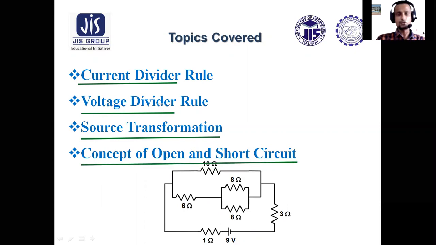circuit. So, what is current divider rule or voltage divider rule or source transformation? All this will be discussed elaborately in later slides. But before that, let me tell you our main objective under this subject is to analyze or calculate current through a particular branch or voltage across a particular branch so that we can build our circuitry accordingly. So current divider and voltage divider rule, these two rules will allow us to determine current through a particular branch or voltage across a particular branch.